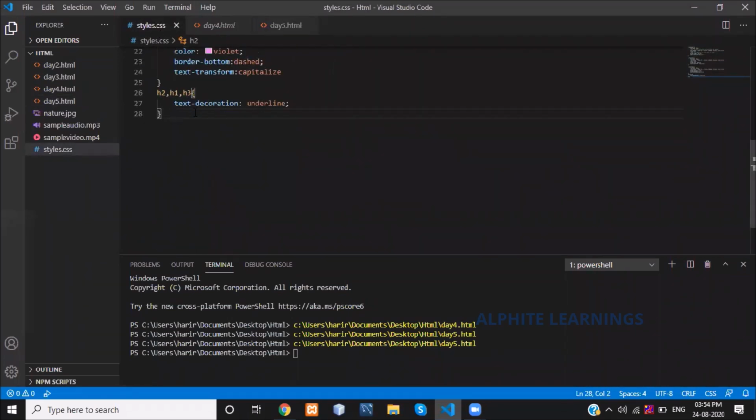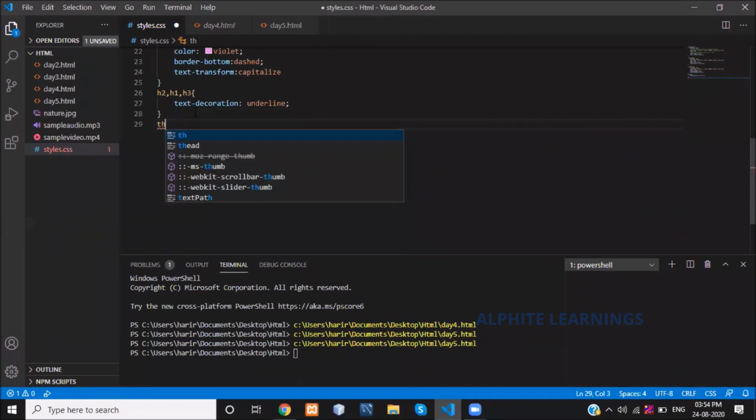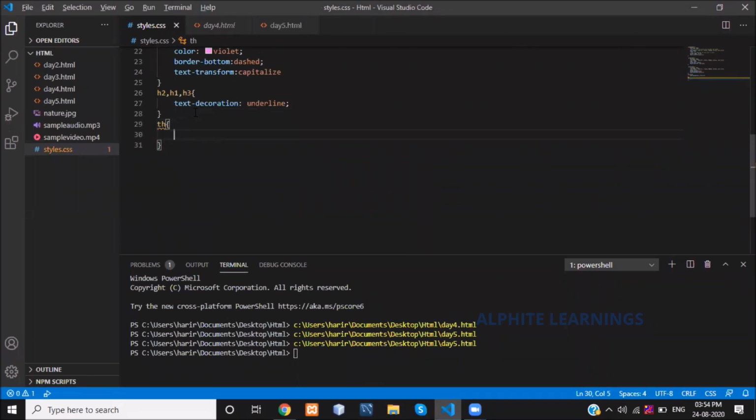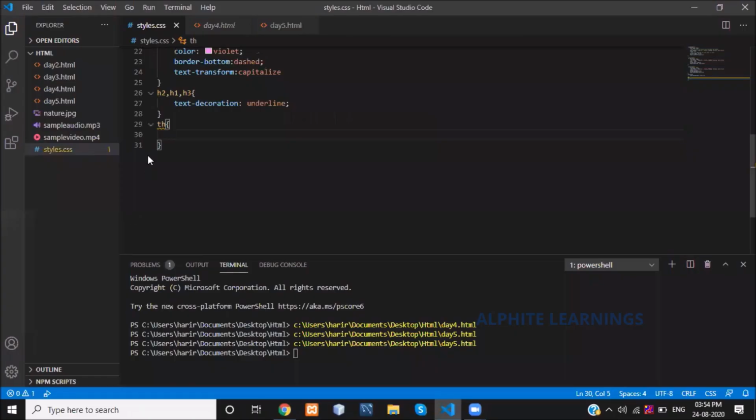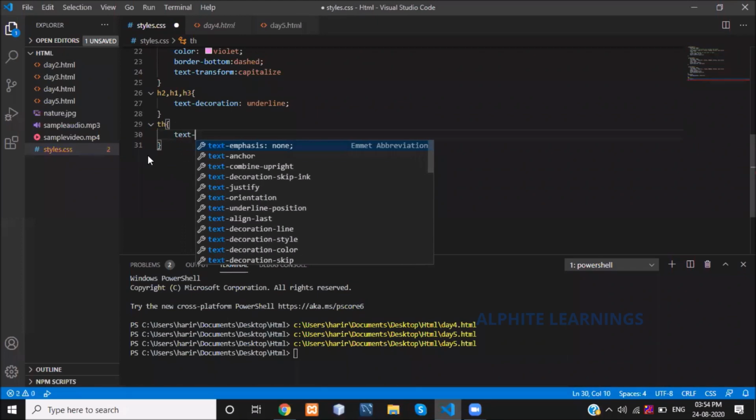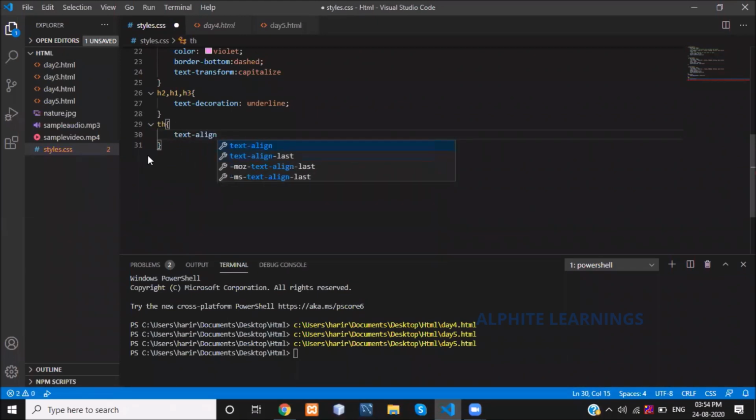For that, I am giving th, the table header, which is displaying in the center part of my table. You can change that with text-align. This property you know very well. I am giving left.